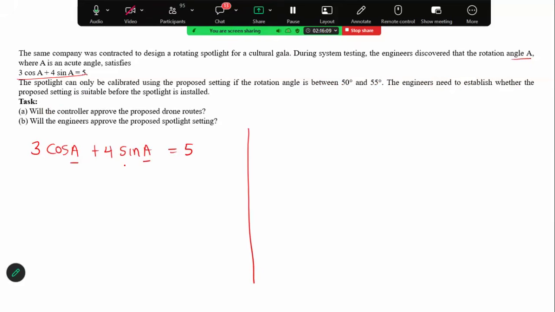And you are dealing with a cos and a sine, then it is very okay for you to know that you can go on and use either R or the T formula. Any of the two. But I want to bring to your attention that since I've already used R, you are going to allow me that here I use the T. So I'm going to come and say using